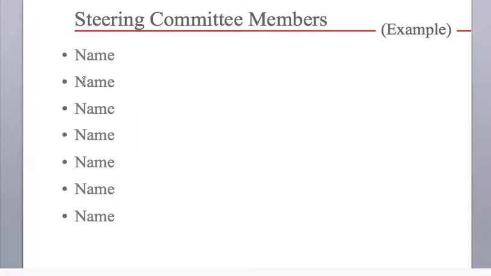then steering committee members. Their name alone is not sufficient; you need to write the name, their role in the organization, their role in the project, and then their special requirements, their communication methods and the tools you are using, and the frequency with which you want to communicate. So this is important for you to capture; just the name is not enough here. Okay,